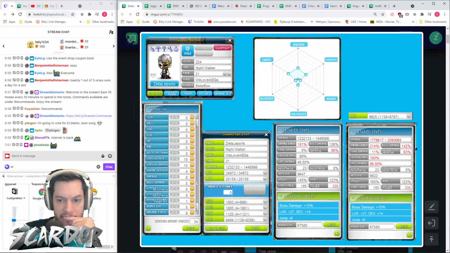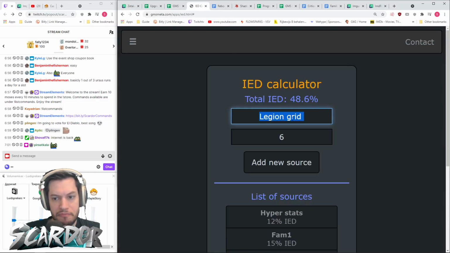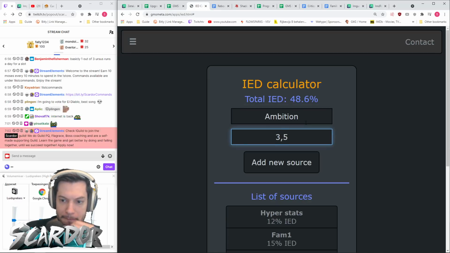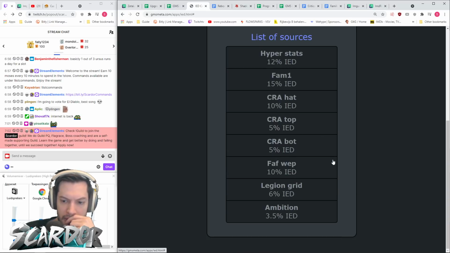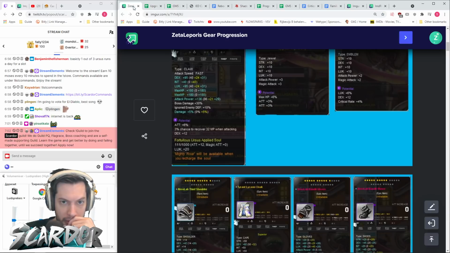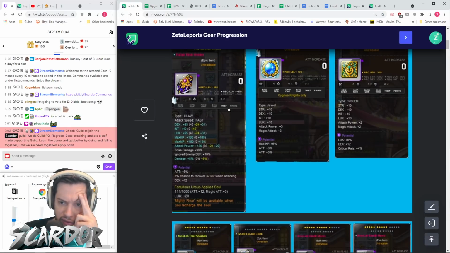Ambition gives me 3.5%. Okay. And do you have the boss accessory set? Yes, I just don't remember how much it gives me. No, I don't. Okay. Actually, only up to like 5 set or something? Not the one with the... Yeah, okay. I think it's 7 set for IED and then 9 set for boss damage, so that's a